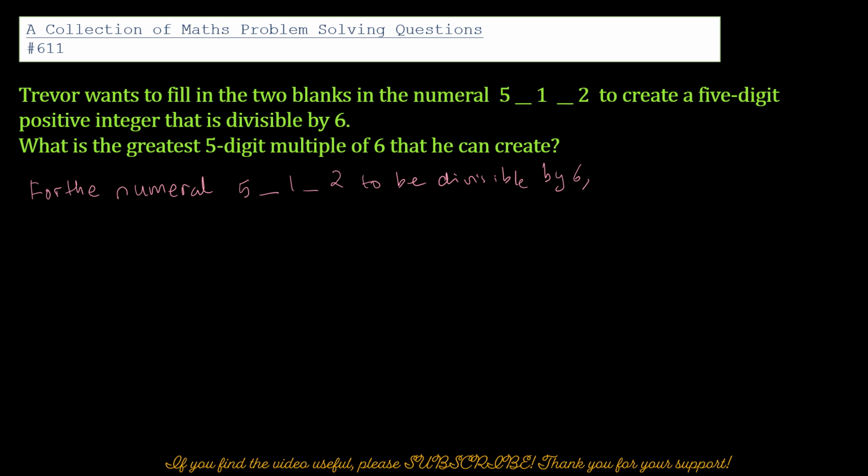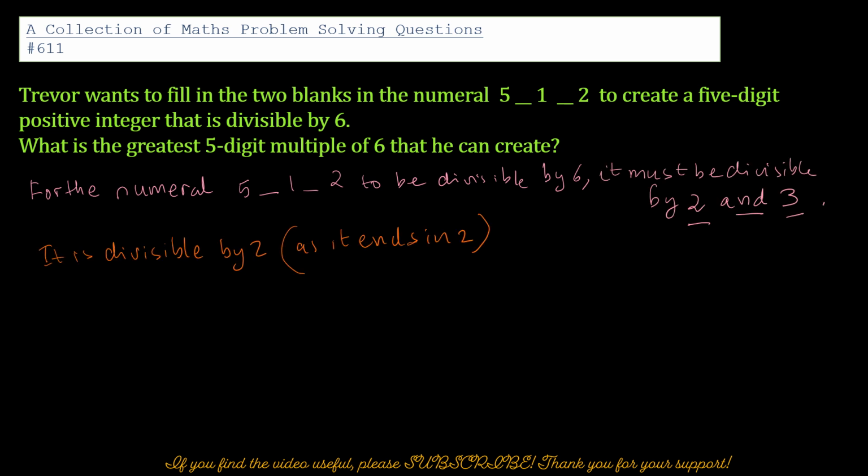to make it divisible by 6, it has to be divisible by 3 and 2. So it is already divisible by 2 because it's an even number. So I wrote it as 2 in the end, but it's an even number, so it's already divisible by 2. So the next thing we have to do is just to find digits so that this number is divisible